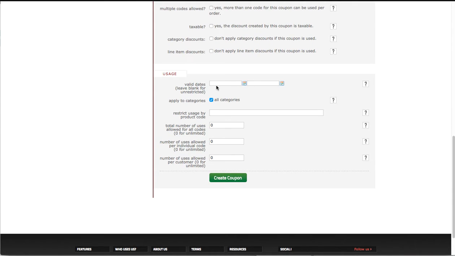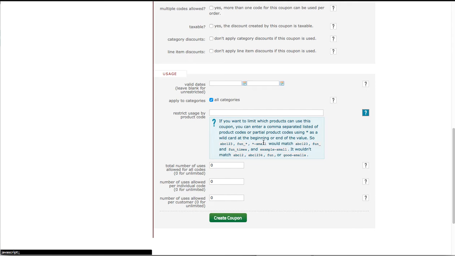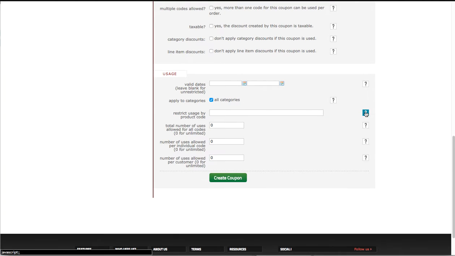This is where you get into date range. If you want to set a certain amount of dates, does it apply to all categories? If not, okay, here's the ones that it does apply to. We'll say all categories. Restrict usage by product code. And this is where it gets, again, more complex. If they're using a particular product code like ABC123, you want it to only apply to those, you can set those things. Number of uses